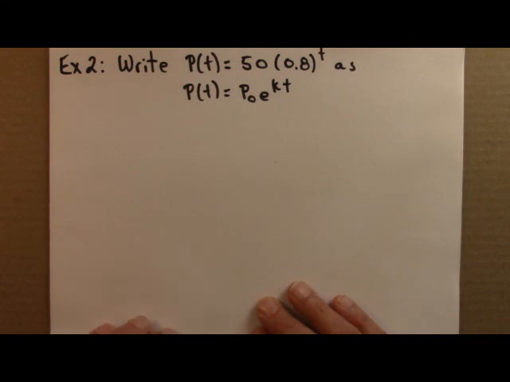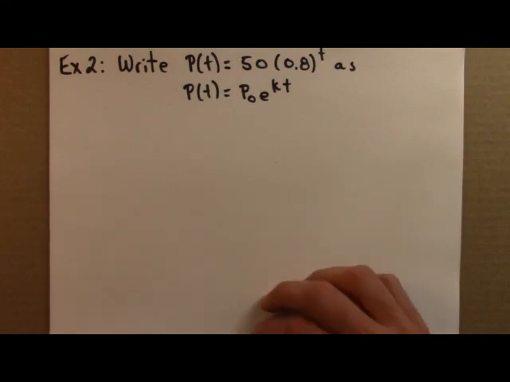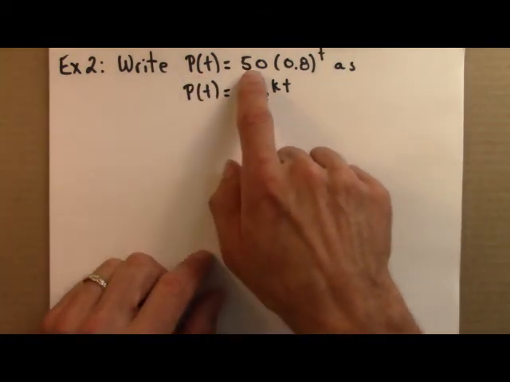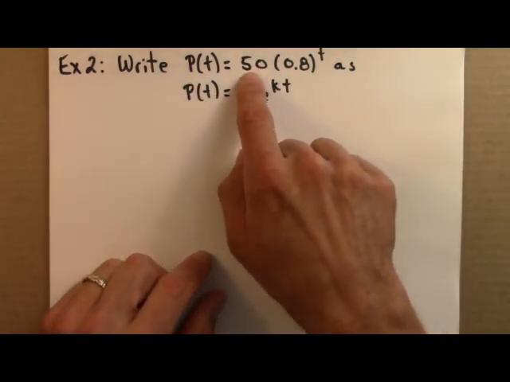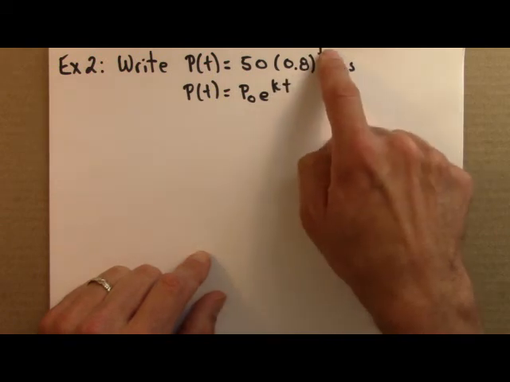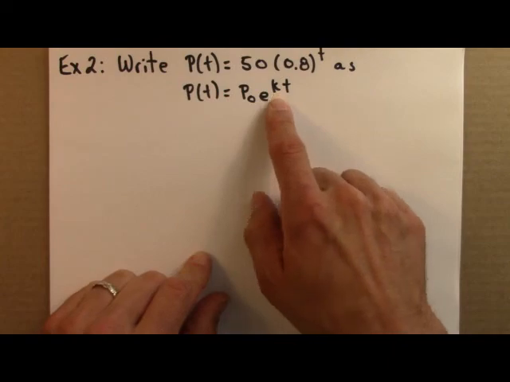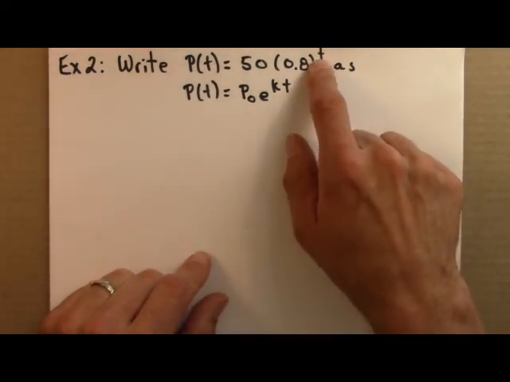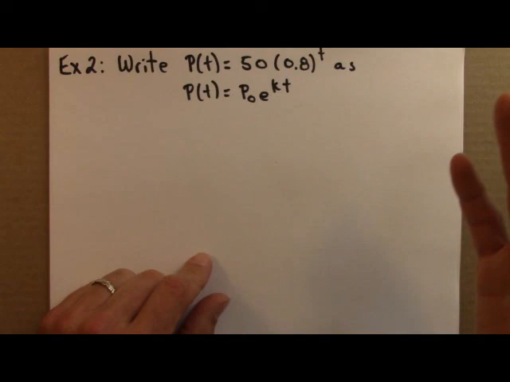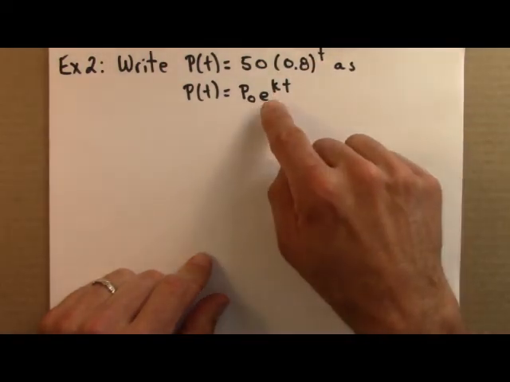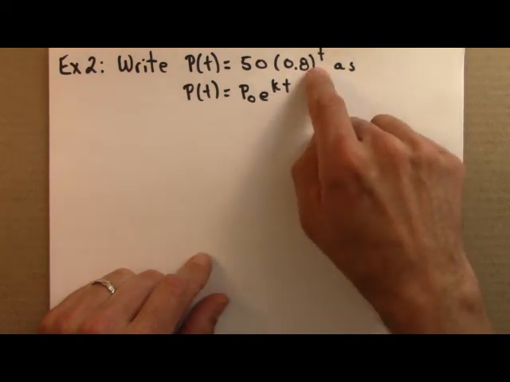So here's the second example, and it takes us back to chapter 1.2, where we learned about exponential growth and decay. And the chapter claimed that there are two ways of writing exponential growth or decay. We could write it with an initial value times some a to the t, or we could write it using e as a base and then this funny k there. And I said don't worry too much about this, but I'll show you in a little bit, and that little bit is now, that you can translate from one of these forms to the other and back again,